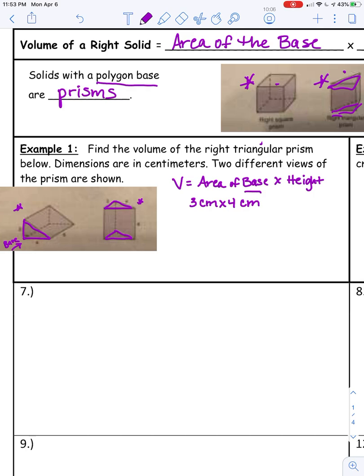And this is a triangle, so now we have to divide this by 2. Remember, the formula for the area of a triangle is base times height divided by 2. So this is the area of the base, and we would get 12 centimeters squared divided by 2. I'm actually not going to write that in there. I think we know what that's going to turn out to be. It's going to end up to be 6 centimeters squared,